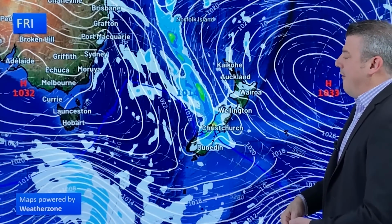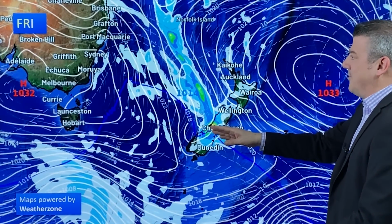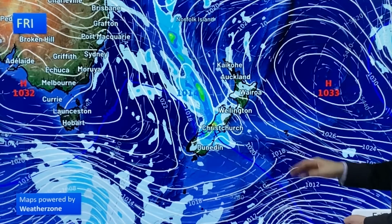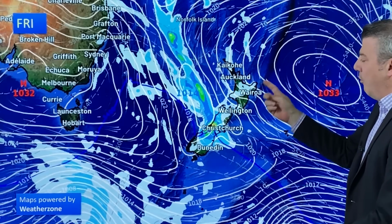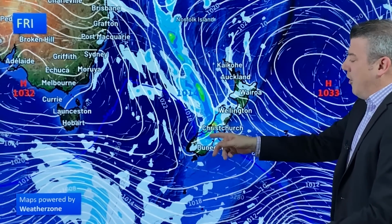So let's have a look at Friday's setup. There is that cold front, very slowly moving northwards. The same one that's over Southland today only makes it up to about Canterbury. And that's due to this big block of high pressure just out to our east, slowing that front down. That high also driving in these mild northerly winds. So another warm day, maybe even a hot day for some of you out to the east, but colder down